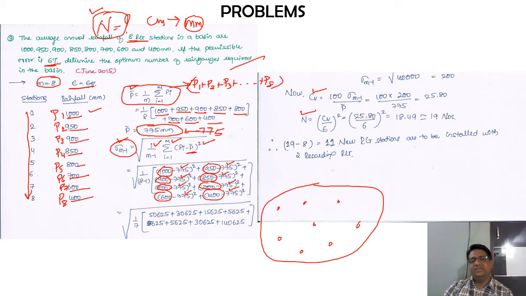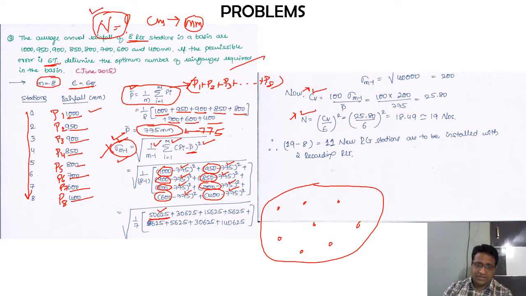So basically with this, again I am requesting everyone to calculate these brackets individually, because if you don't do that, definitely there will be some kind of error whenever you determine the sigma m minus 1. Most of the students, from the previous batches, try to do this calculation at once and go wrong with the calculation of sigma m minus 1. Once this value is wrong, ultimately your CV will be wrong, and in turn the value of capital N, the optimum number of rain gauge stations, is also going to become wrong. So don't do that. Please calculate this step by step.